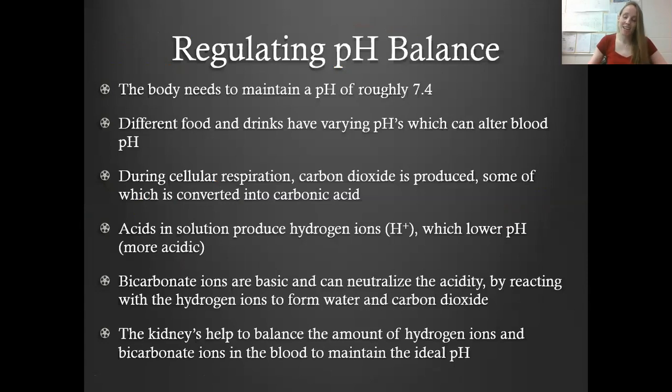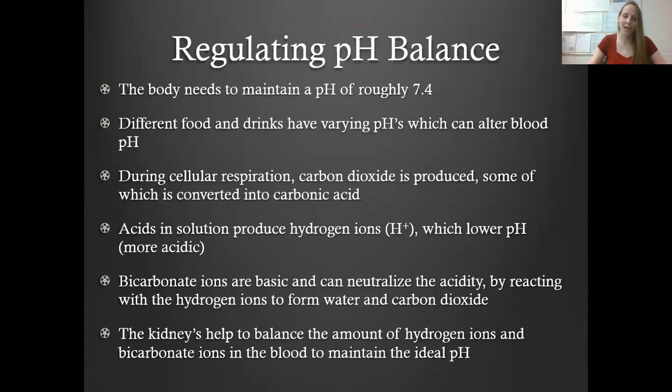Okay, so that is probably one of the biggest jobs of the kidney, urine formation. But as we mentioned, it also helps with regulating your blood pH. The human body needs a pH of roughly 7.4. Obviously, different foods and drinks have different pHs, and you don't want the pH of things that you eat to